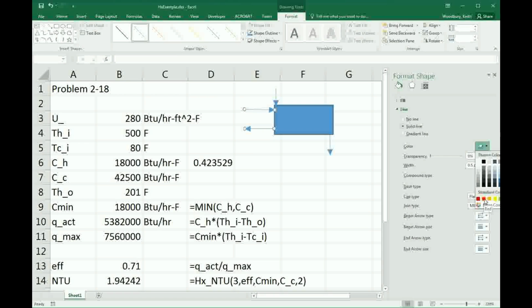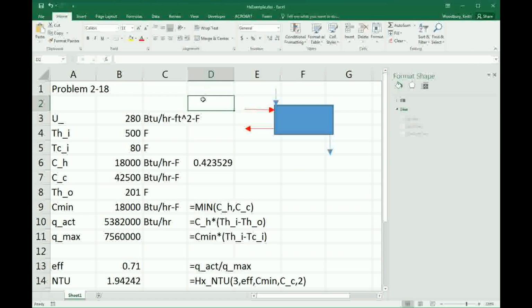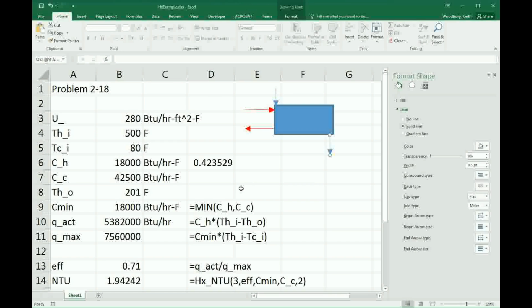I guess actually the water is the hot and the oil is the cold, but we'll just show it like this, and that we've got hot water in at 500,